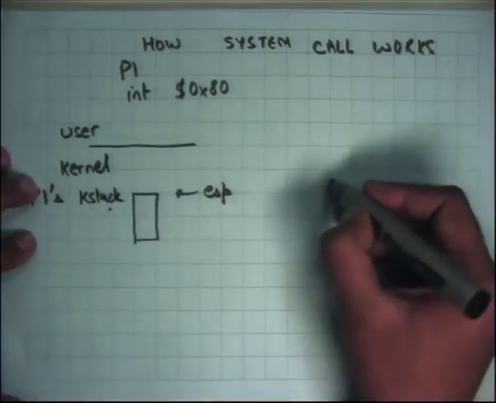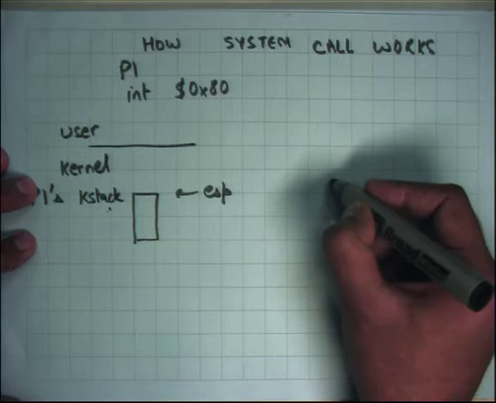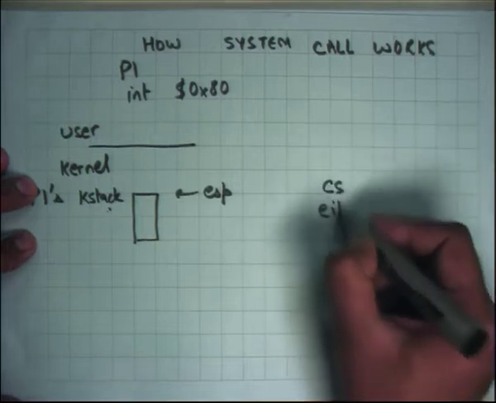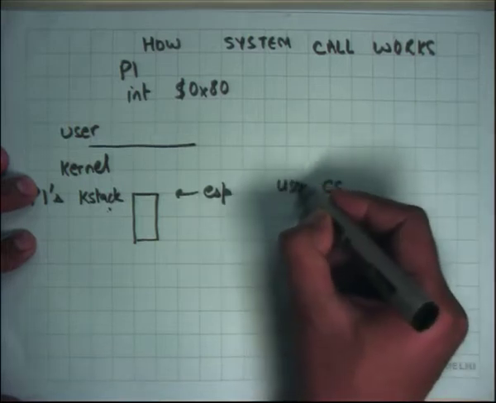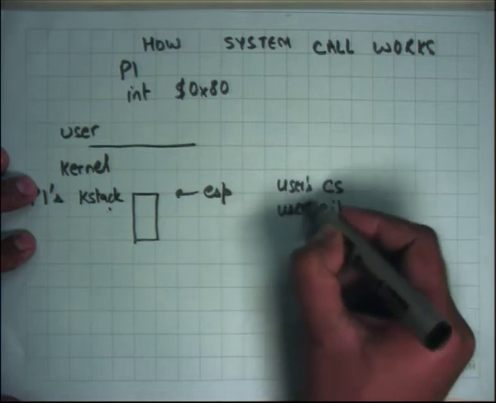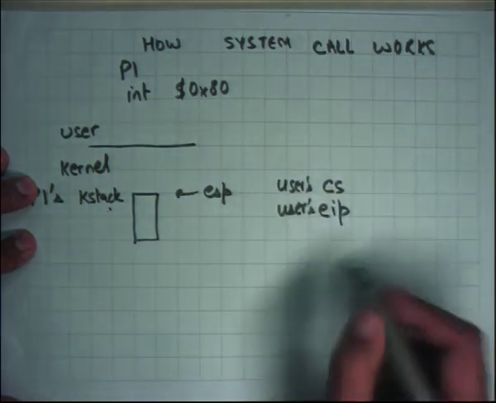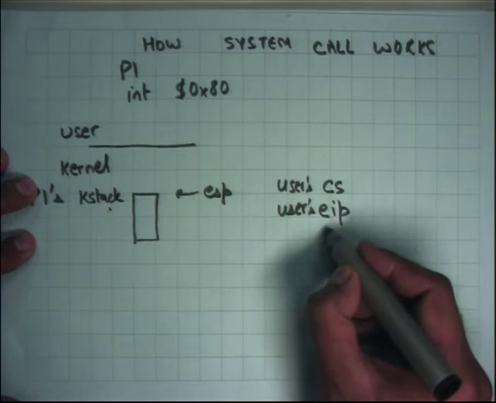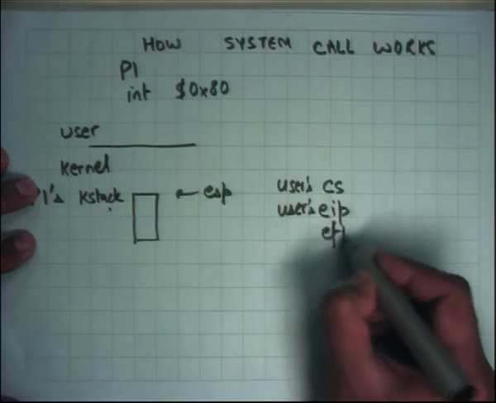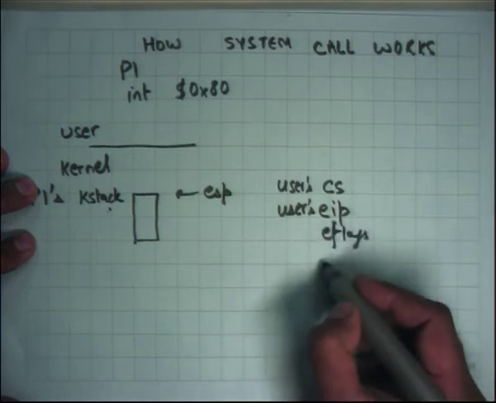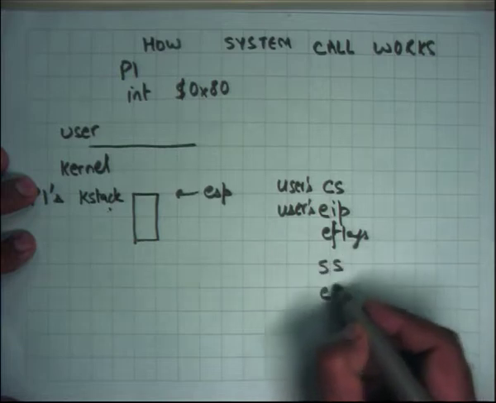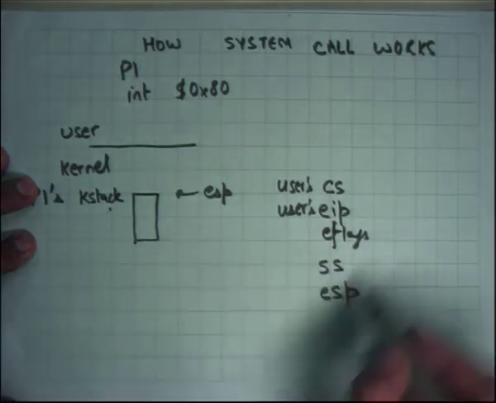What are those? Let's say CS, EIP. These are the user's CS, the user's EIP. Whatever was the old CS, whatever was the old EIP, EFLAGS. So whatever were the values of these registers before the interrupt, SS and ESP, right? And so these get saved